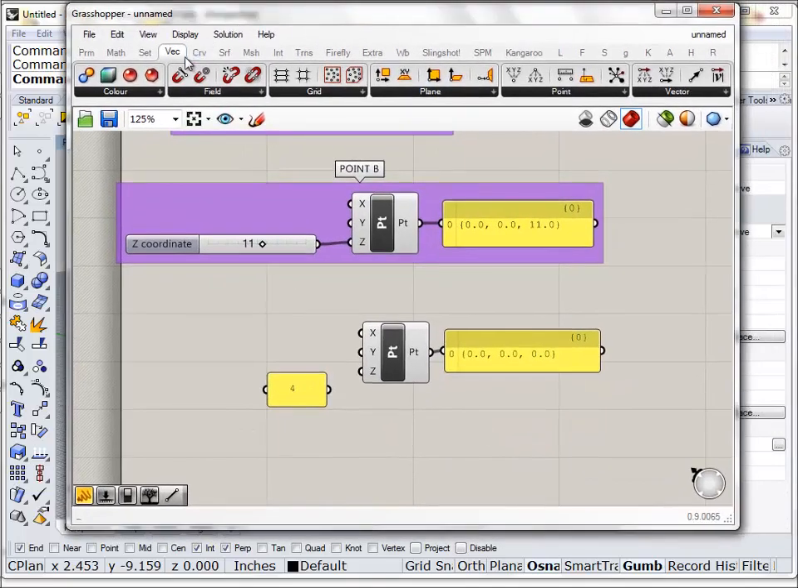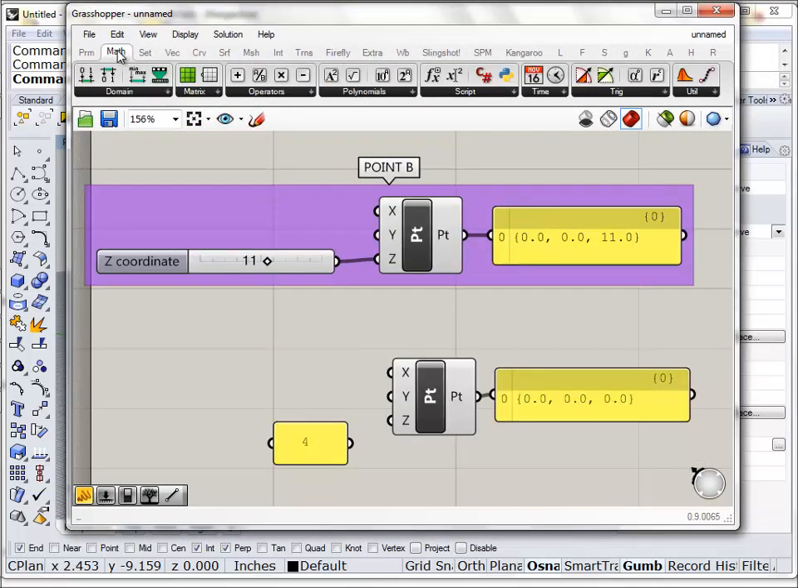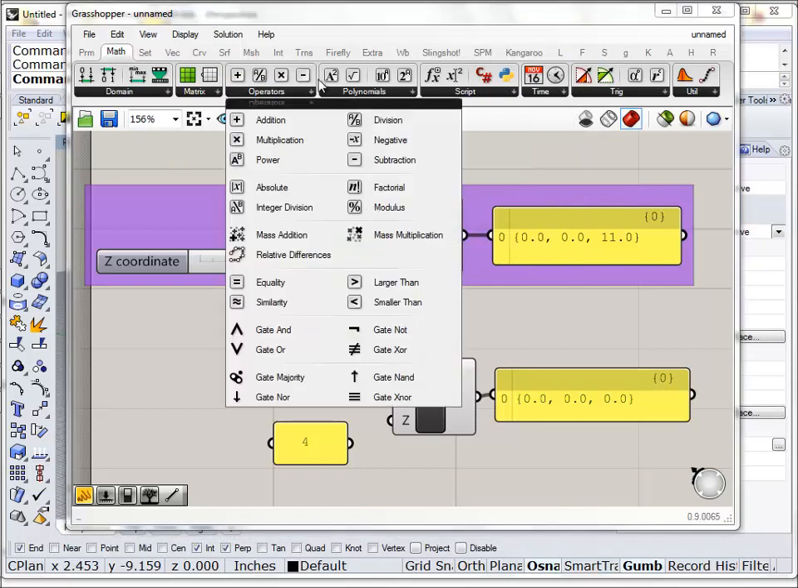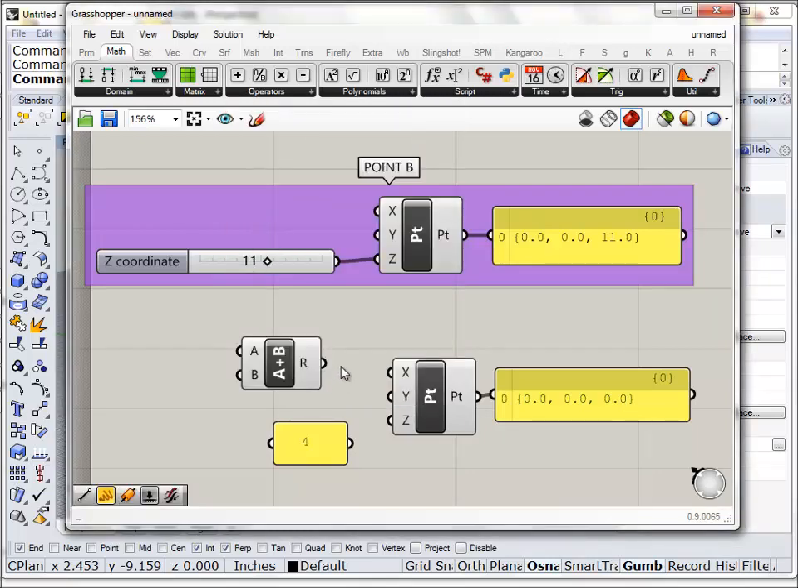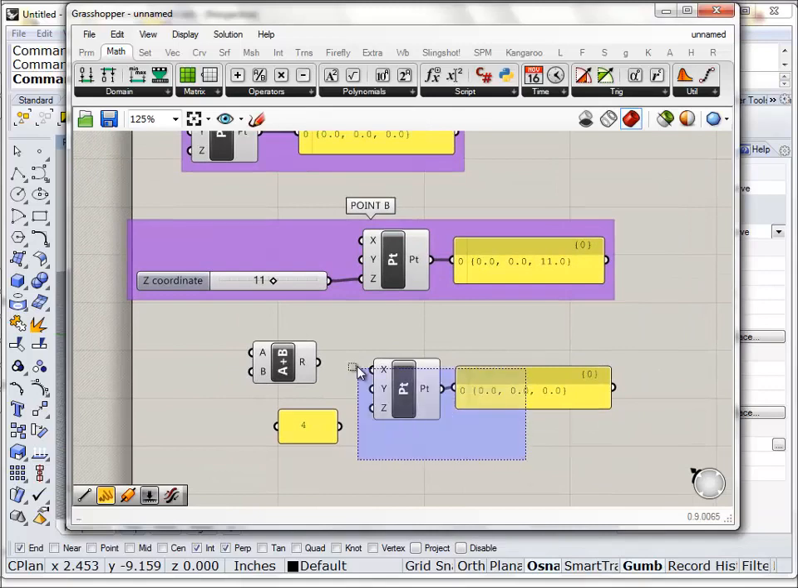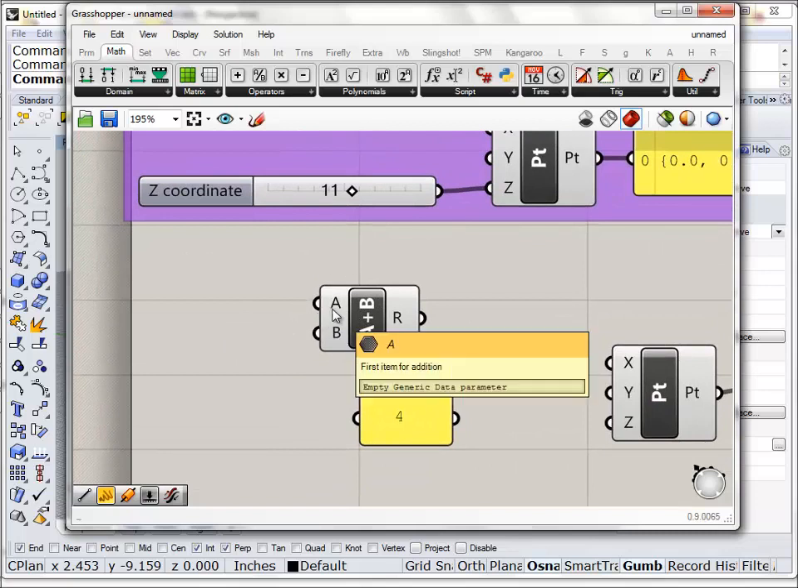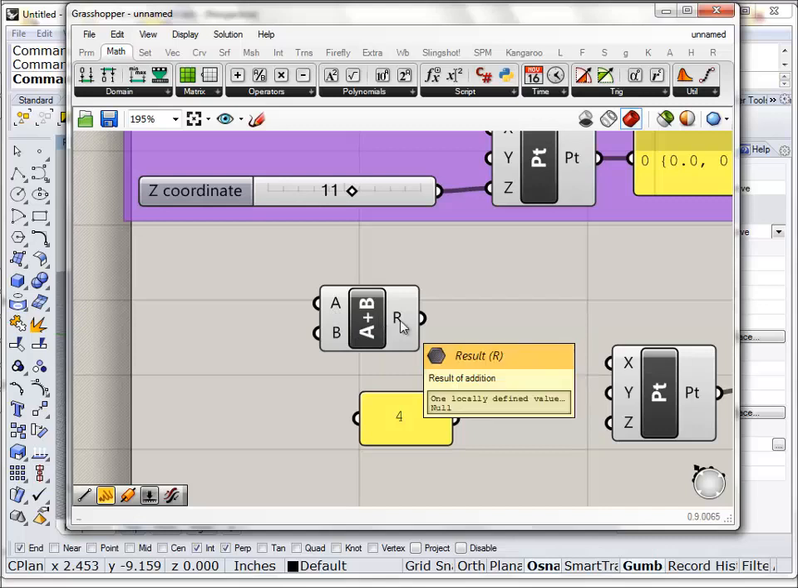So if you remember when we were looking at all of the options here, we have a menu called Math. And not only can we do some complex scripting here, but we can do some basic math operations in here too. So what I need to do is a simple addition. So let's go to math operators and use this addition component here. I'm going to move this over and let's see what this component is asking for. It's asking for input A, input B, and it's going to add those